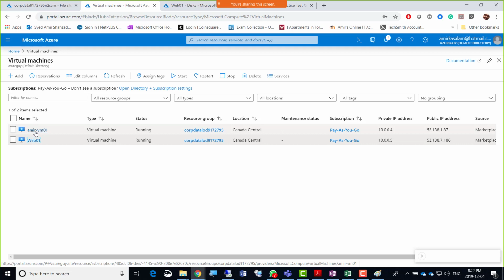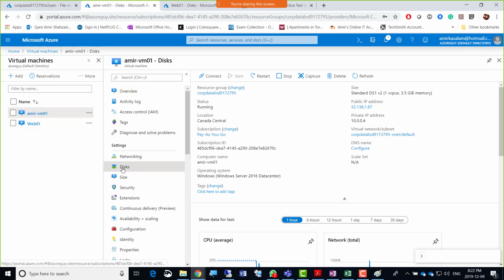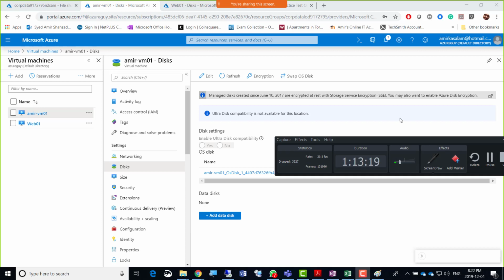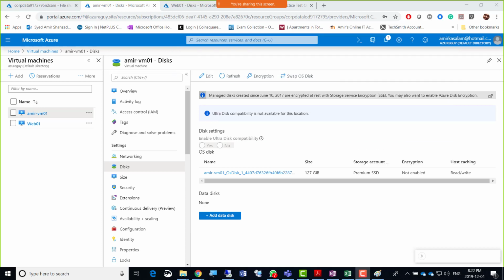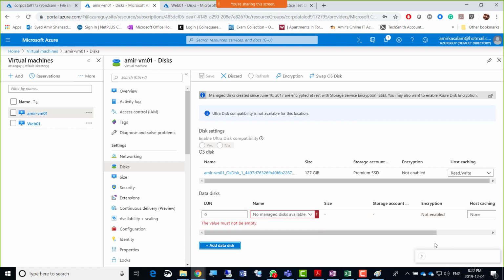We can check that, otherwise we will have to create a machine, and during that process we can add a disk. So I'm going to go to that machine, and I'm going to go to disks here, and there is this managed disk here as well. I'm just going to pause the video right now because it was already supposed to be there. I'm in that machine, the virtual machine should be already there. I'll click add data disk here, and it says no managed disk available, but there's a create disk here, right?